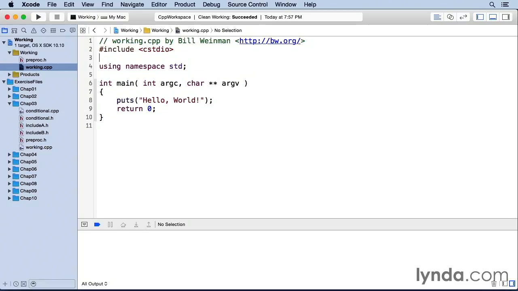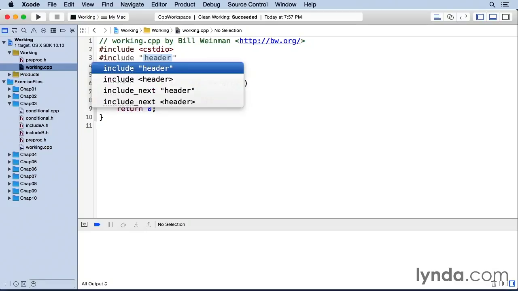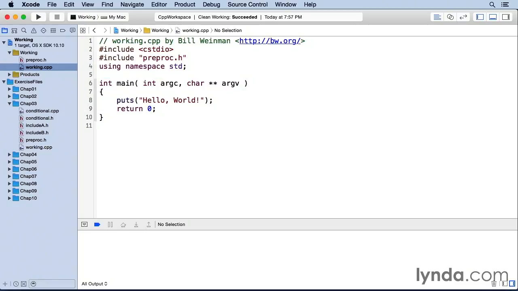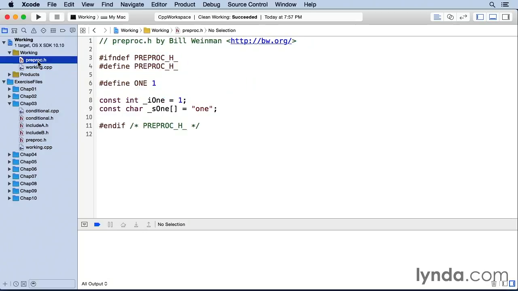The other form uses quote marks, and it looks like this. This form is commonly used for header files specific to a given project or source file. So if we look in our preproc.h file, we see we have a few symbols defined. We have a macro or a preprocessor constant called 1 in all capital letters, and we have a constant integer